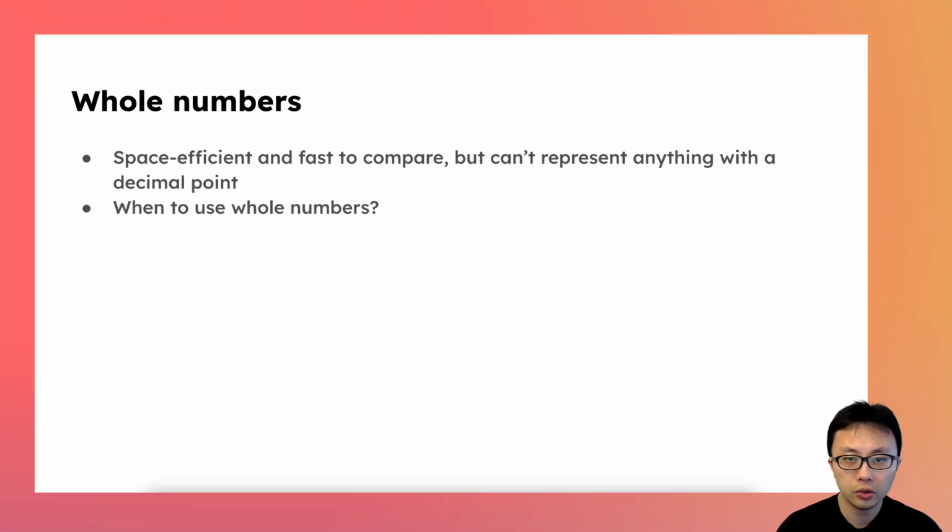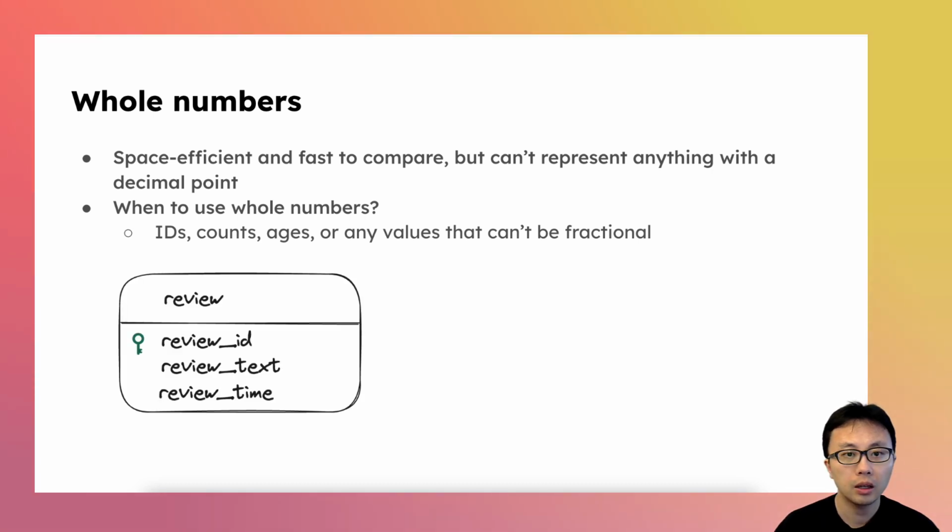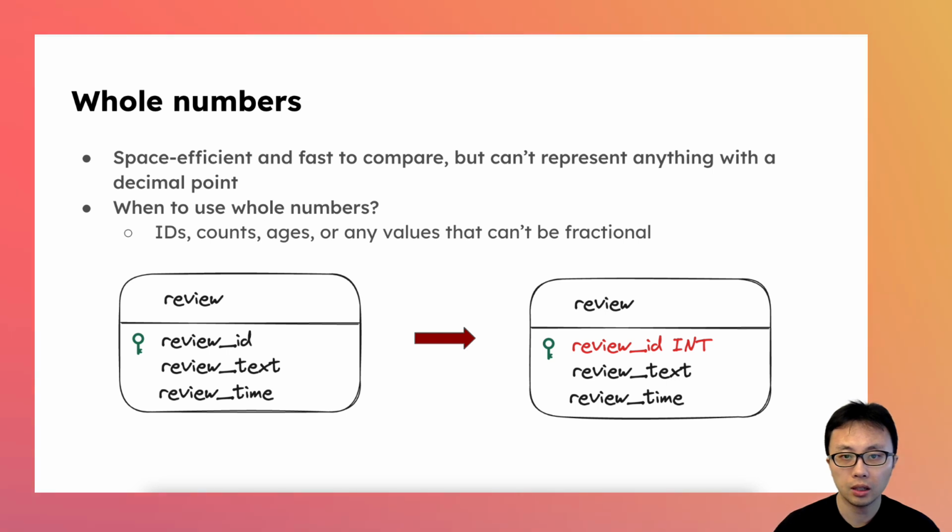So when should you consider using whole numbers as a data type of some attributes? When you have some actual values where possible computation or calculation would be performed on them, and they can't be fractional. For example, here's an entity that represents product reviews from the Sci-Fi Collective database. Its review ID attribute is a surrogate key, and its data are all auto-incrementing integers. So we can declare its data type as integer, and place int by its right side in the review entity